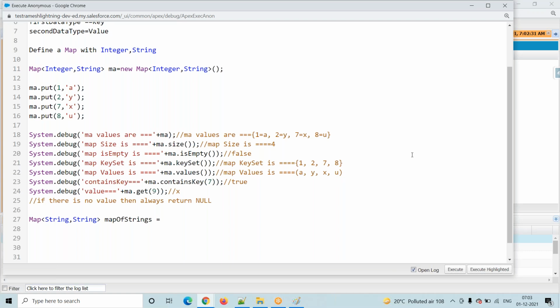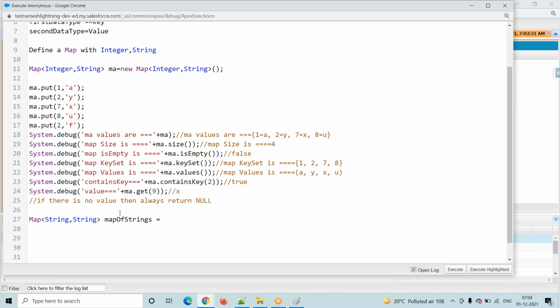Moving on, does it accept duplicate values? That is our question, right? We will verify. Map.put of 9... again I will give it as 2, and the associated value this time I will give as f. I am adding 2 two times, and the values are different. Let's see. Please change the line number 23 to containsKey of 2. Okay, we will print.